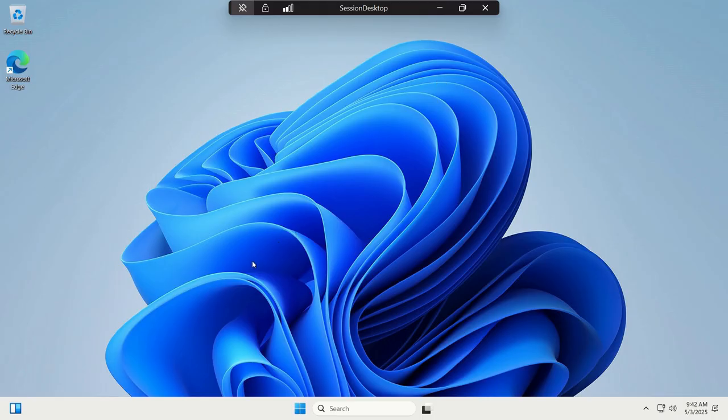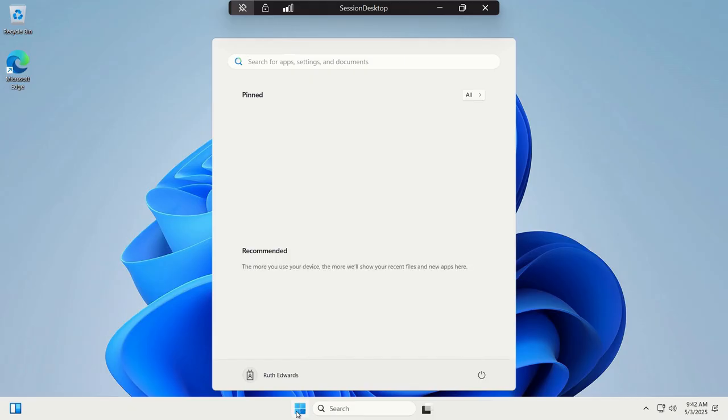You can see it's preparing the session. So this is the virtual desktop and it's running Windows 11. You can see that's the session desktop. That's when we used the QuickStart to actually deploy it. So here now, this user can begin to use this virtual desktop to perform his tasks. Another user, that's the second user, Fumi, can also sign in and begin to use the same virtual desktop to